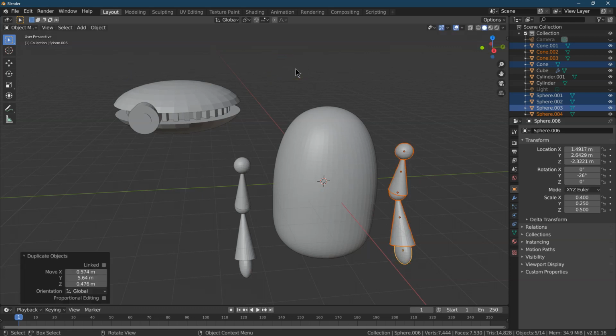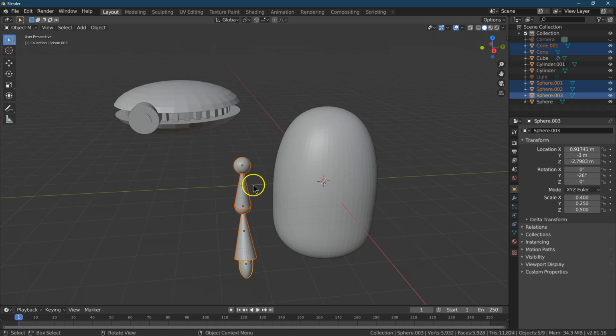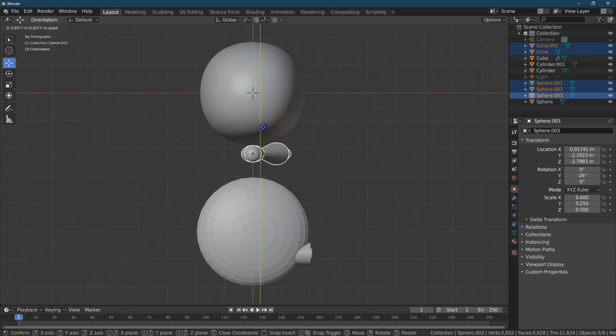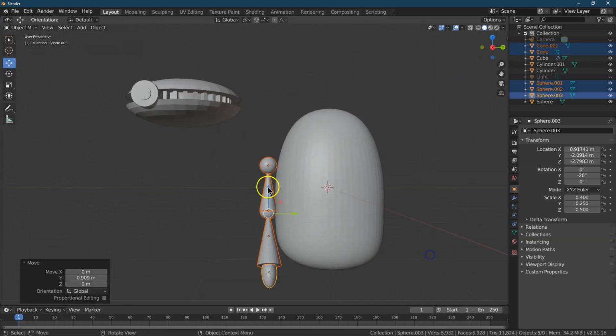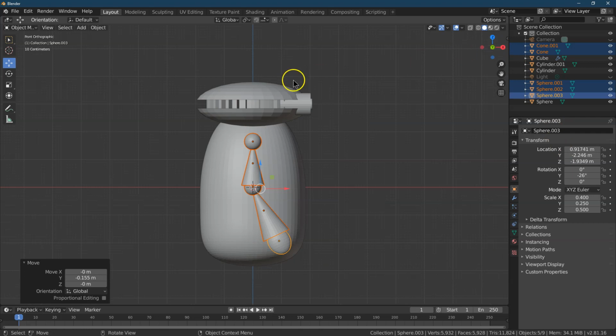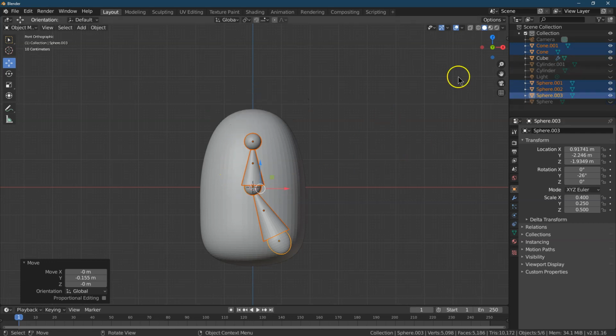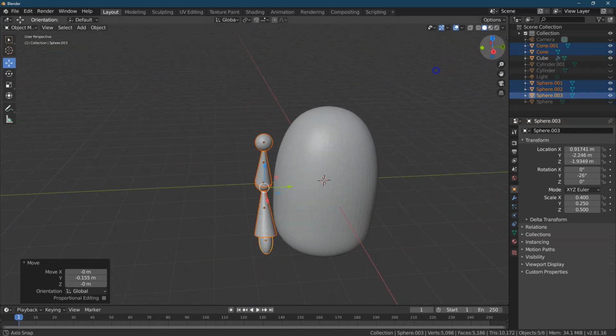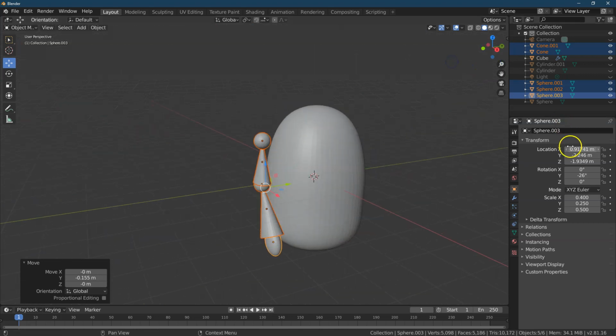Actually, you know what? Let's go ahead and use a spawn. All right, so I'm going to undo that. Control Z. Let's do this. I'm going to start moving these guys around to get them on the body. Okay, so I've selected all of this, and right now I'm going to just hide that. That's looking like a good placement, so let's call that 1,